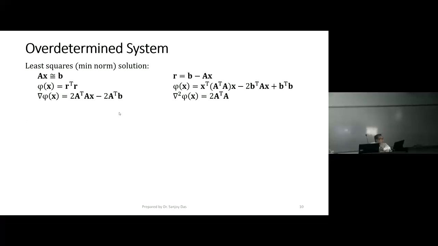And differentiating, we get this. The first derivative must be equal to 0, and the second derivative must be positive definite. And you can see that the second derivative is positive definite here. And so when we try to minimize this, we get the solution A pseudo inverse B, where A pseudo inverse is equal to